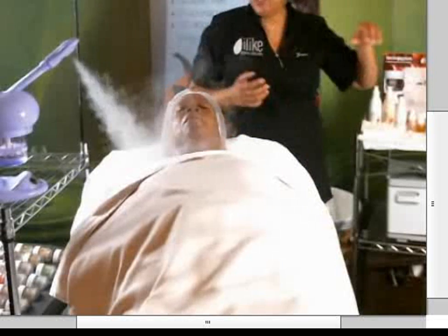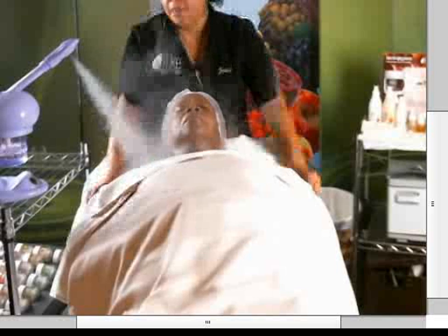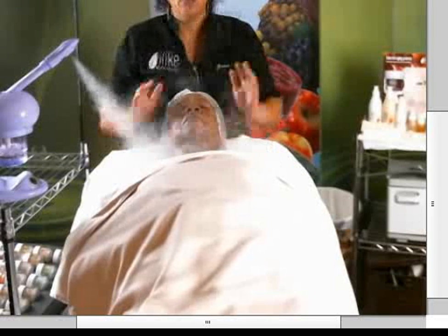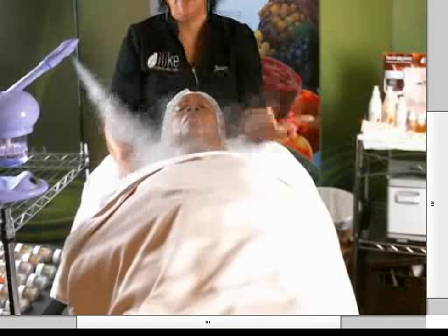So we're going to let this just sit for a couple more minutes on her skin. Now what you can do while she's actually sitting with the polishing scrub and the steam on is do a scalp massage, or you can do shoulder and neck massage, or a foot massage. And that also kind of passes the time a little bit, but then you're constantly keeping in contact with the client. Just going to rub my hands off and then do a little shoulder and neck massage